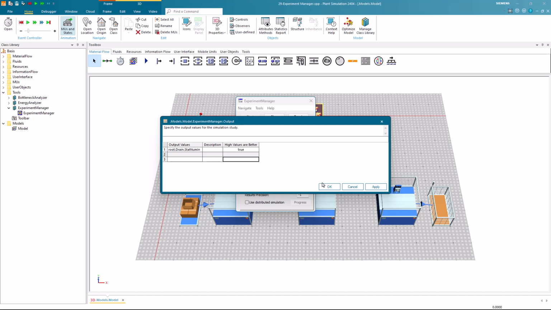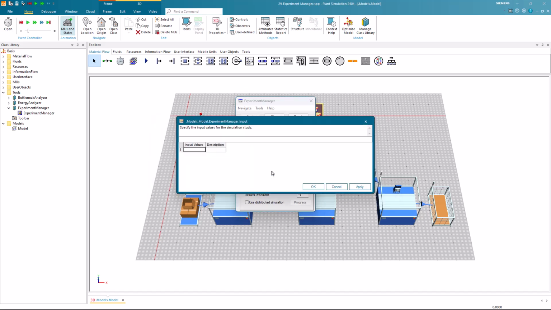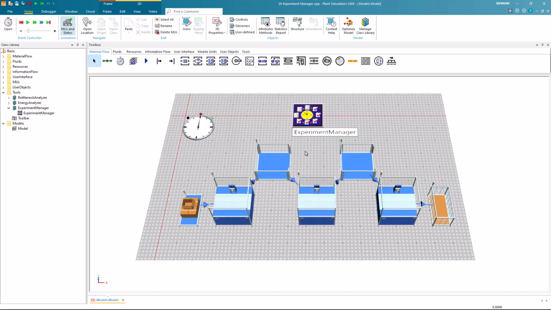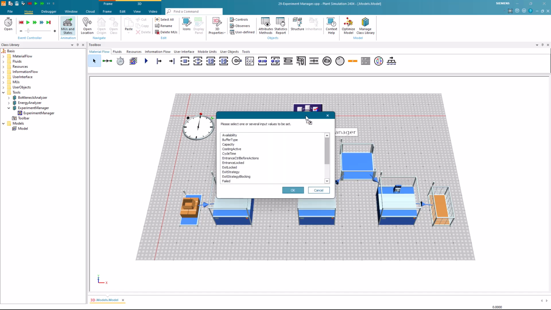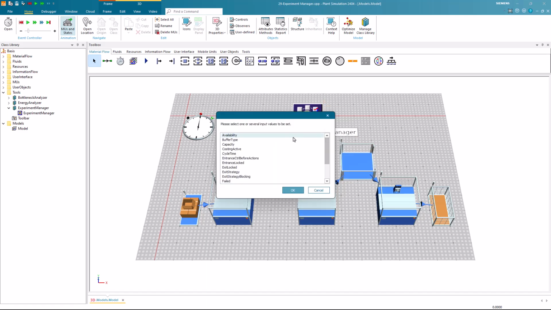After defining all the output variables, we now add input variables. These can be considered our dynamic variables, for which we will try different parameterizations to optimize the output variables. The first input variable we want to define is the buffer capacity. However, to enter input variables by drag and drop, we need to hold the Shift key while doing this. Then, we can select the capacity attribute of the buffer. We repeat this process for the second buffer.